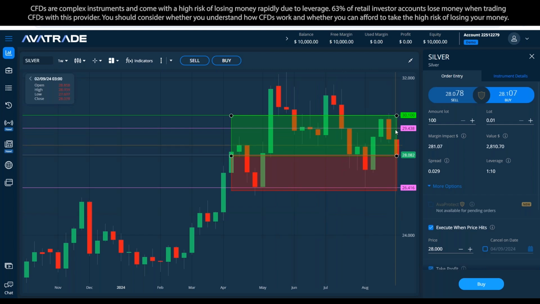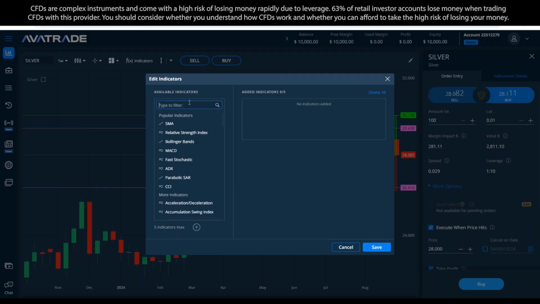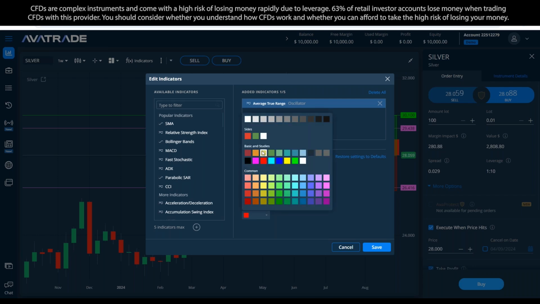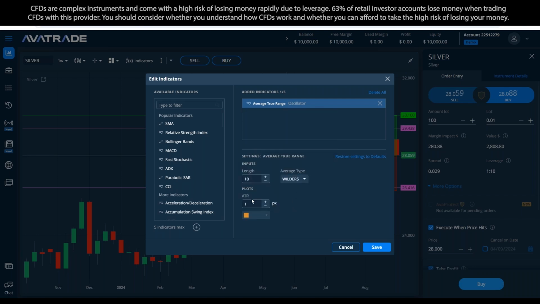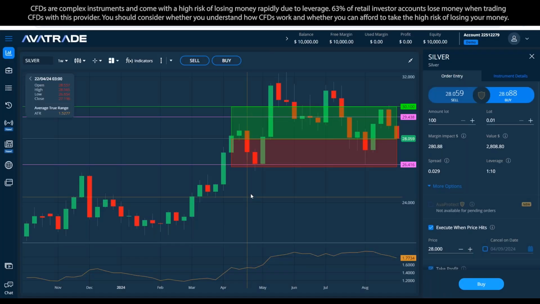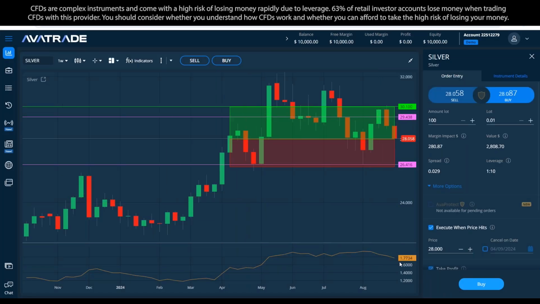And to start accumulating more candles will complicate the calculation by a few times. Therefore, using an indicator called average true range, which does exactly that, is a huge time saver. And all I have to do here is just define how many candles I want to analyze. So let's say 10. Okay, I can also change the color here. Let's keep it 1px, click save. And now we see that the average movement for silver per week is